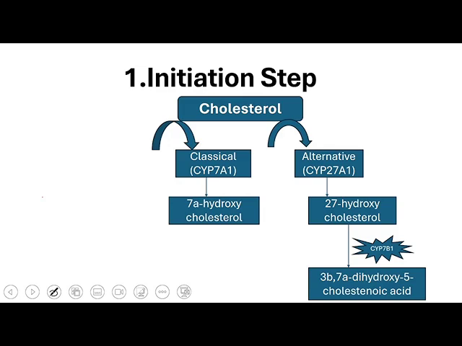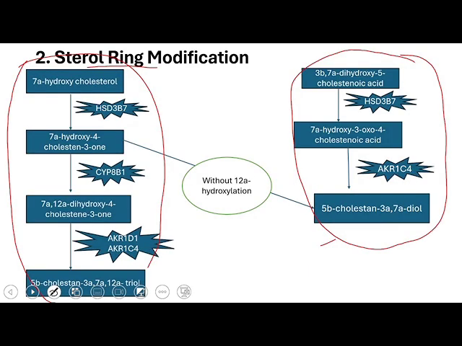In the initiation step of the classical pathway, there is the formation of 7 alpha hydroxycholesterol, and this 7 alpha hydroxycholesterol is again catalyzed by the HSD3B7 enzyme,